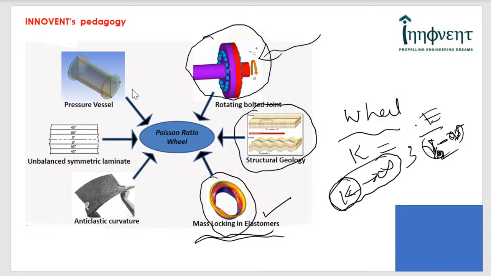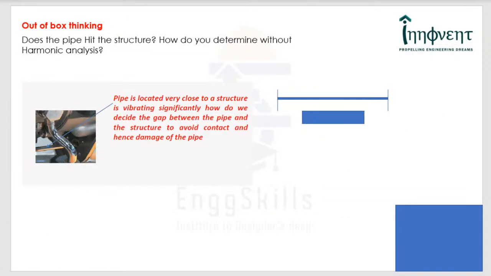And it can also apply to pressure vessels, it can also apply to composites where you can get a negative Poisson's ratio. It can also be applied to beams and plates. So therefore, one concept, that is the Poisson's ratio, is actually linked to several applications. Now, let's consider one more situation.